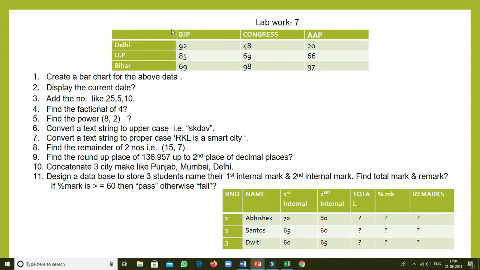For this database you have to prepare one bar chart, then display the current date, the TODAY function you have to write, add the numbers with the SUM function, then find the factorial of 4, find the power of 8 to the power 2, then convert a string to uppercase, proper case, find the remainder, round up a number, concatenate strings, and design the database. So right now I am giving you this information also.